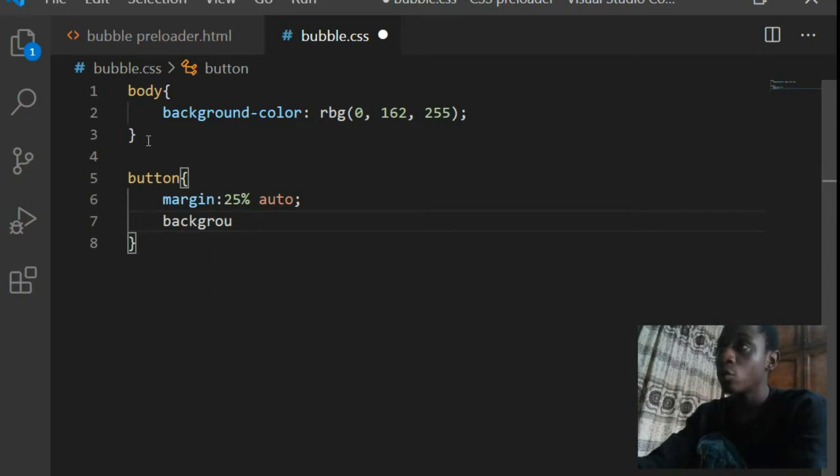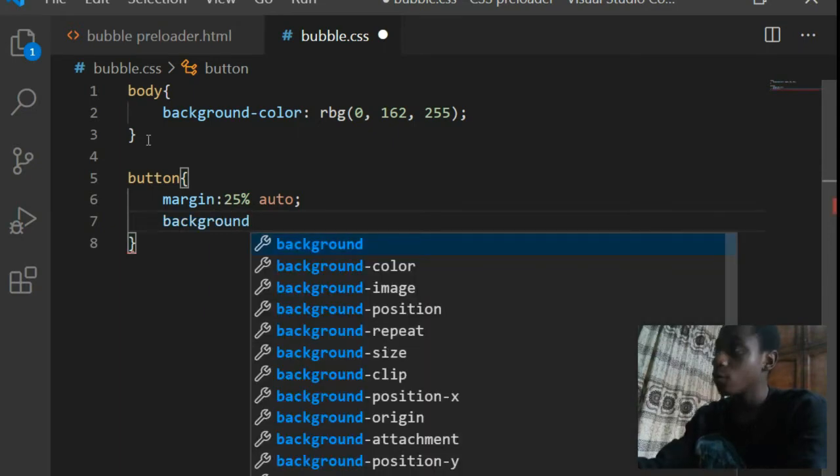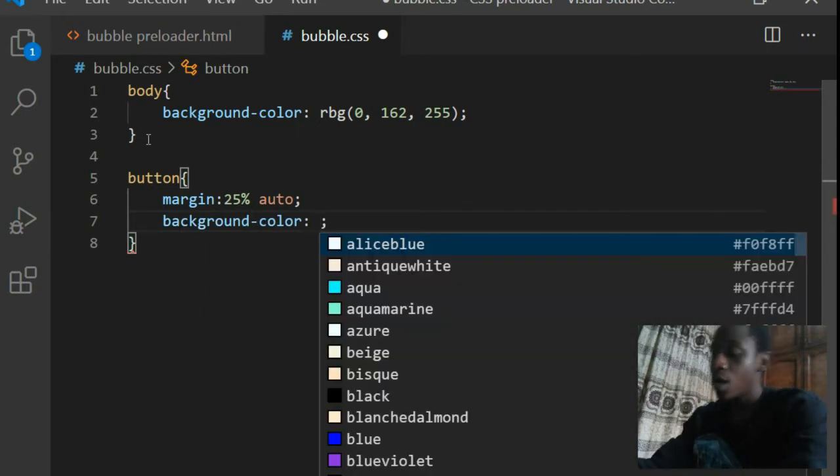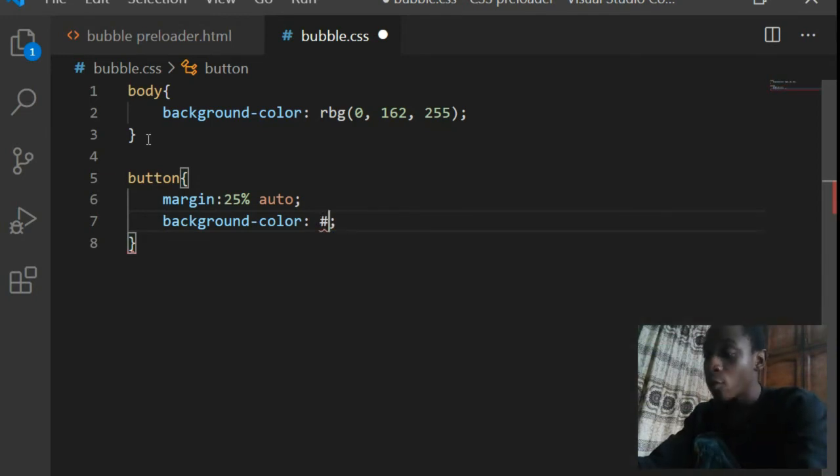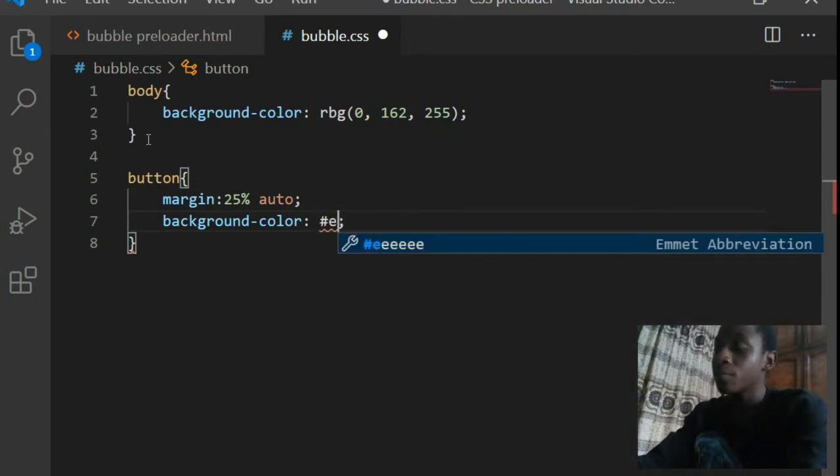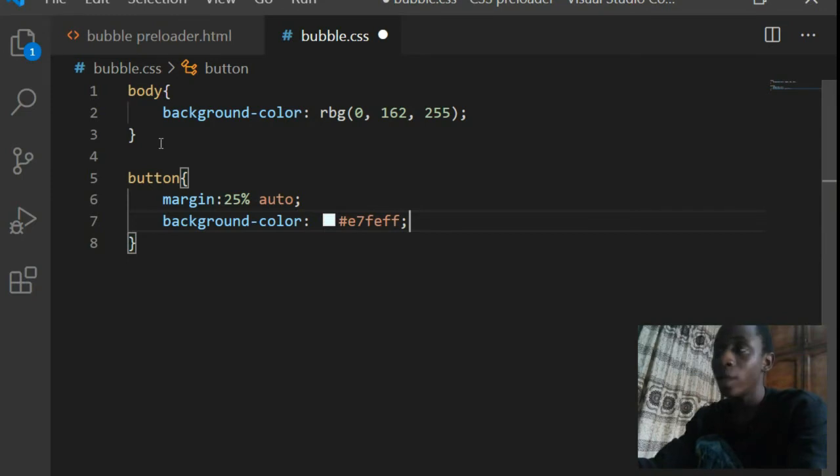The background color for this, we have a color code for that. So I'm going to use the color code that I have copied down here for you. So we have E7FEFF for the color code. This is almost white, but not really white, but close to being white. So we're using that. Then we give the wrapper a padding, that is the spacing between the buttons, a padding